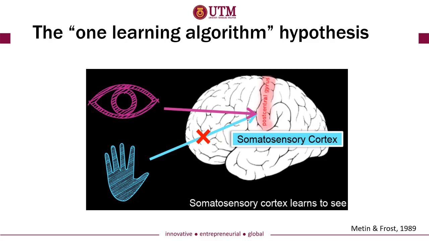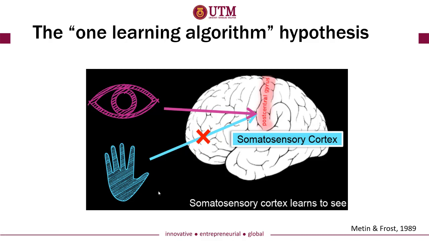somatosensory cortex, which is originally for the purpose of learning the information that comes from your touch sensor, which is your hand. Okay, if you disconnect the connection between your hands and your somatosensory cortex, and you connect your eyes with your somatosensory cortex, then your somatosensory cortex is able to learn to see instead of learning to recognize touch